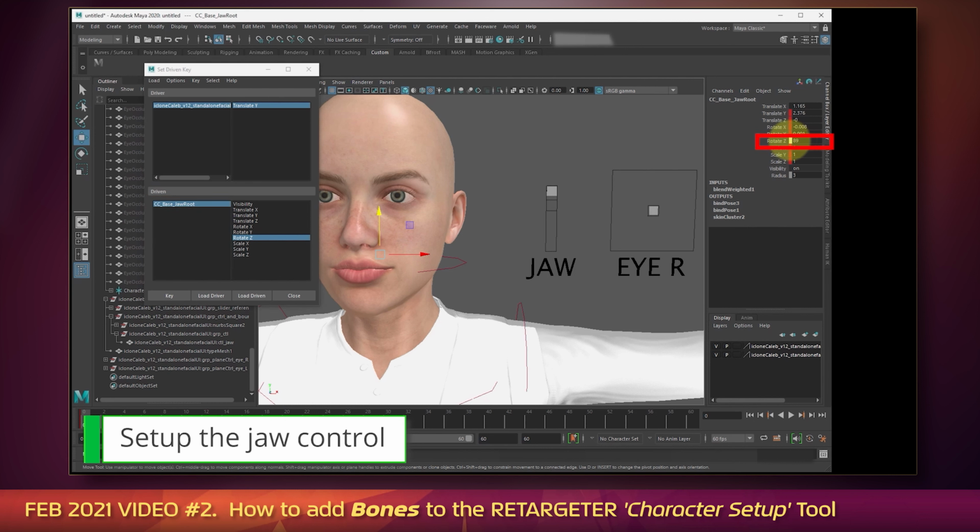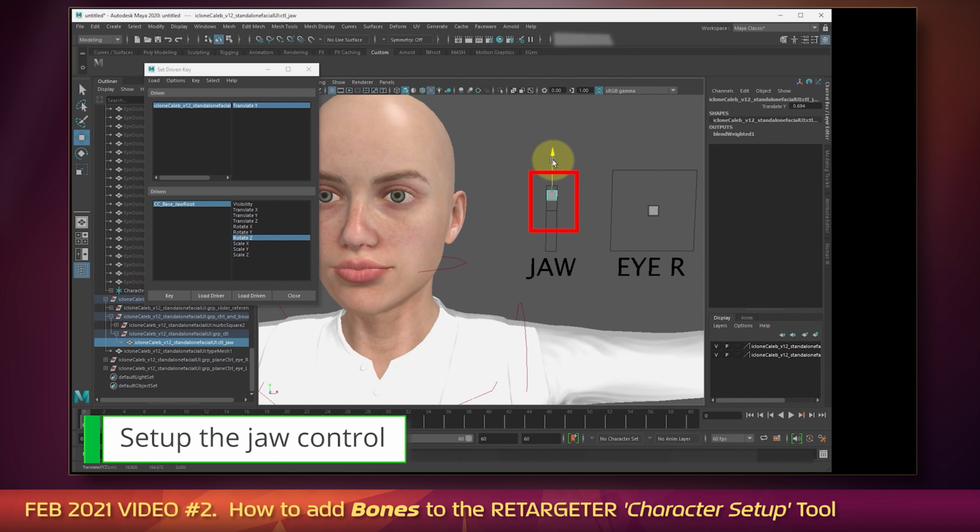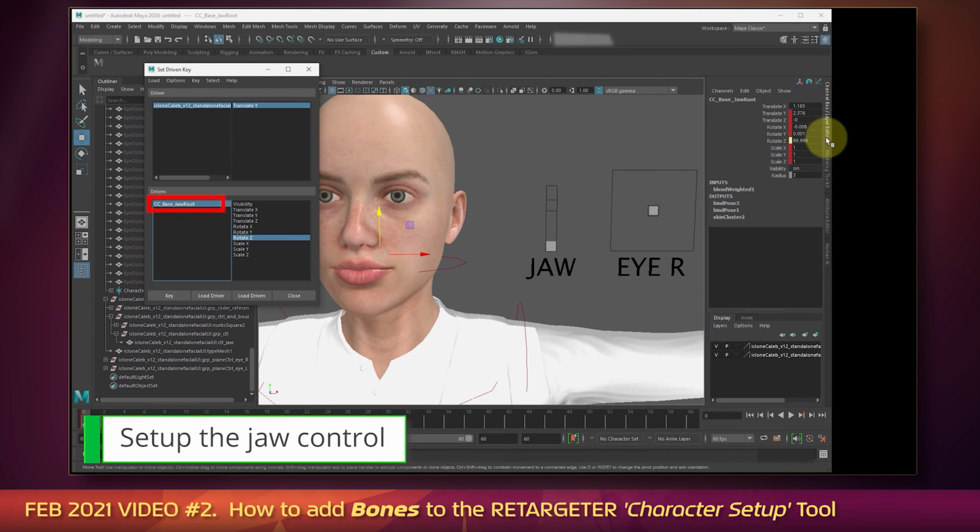And this needs to be just closed slightly without breaking the mesh or anything. You don't want to go too far. But say we go to 88, that looks fine. And then I can press key. And then I want to grab this again, go all the way to the bottom. Click to select the jaw. And then rotate it